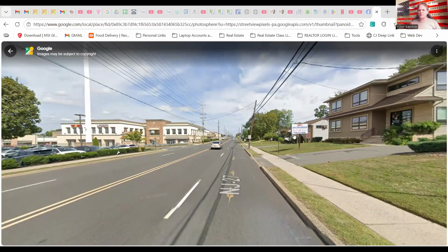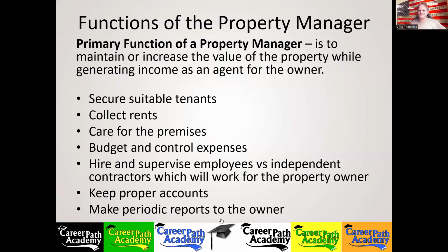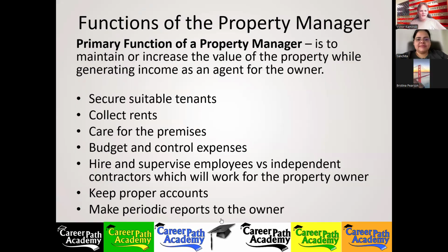So that's how much it built up over the years. You could see the before and after right from even from Google, the last time that they actually drove in the parking lot versus what you see in the street. And so that was a ground lease. They were able to do that with. Okay, so